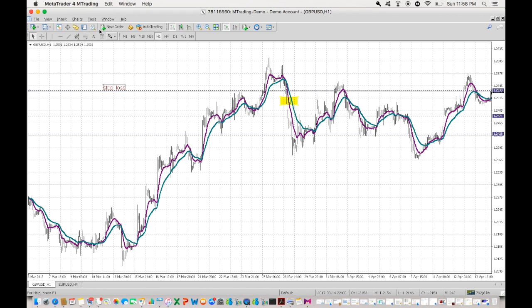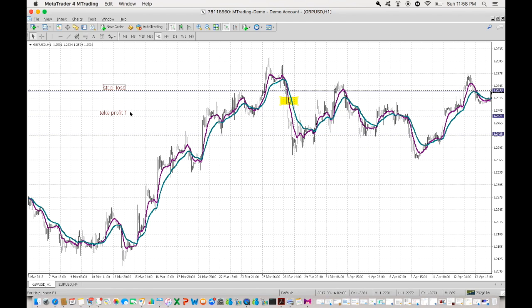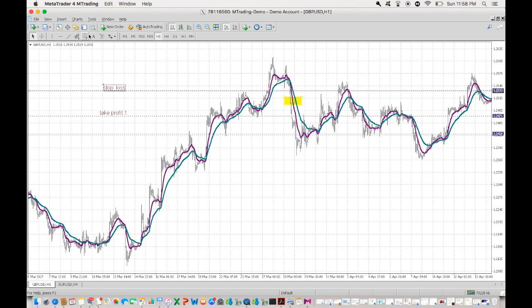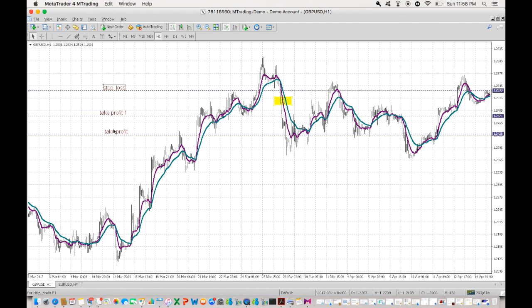And then we put 2 take profits. Please do that so you can be more profitable. Obviously, when you become more confident with this, you can start increasing the amount of take profits that you place. So we have our first take profit there, and then we're going to put a second take profit, and then you can have peace, wait for your targets to hit, and then you would have made a great profit of 150